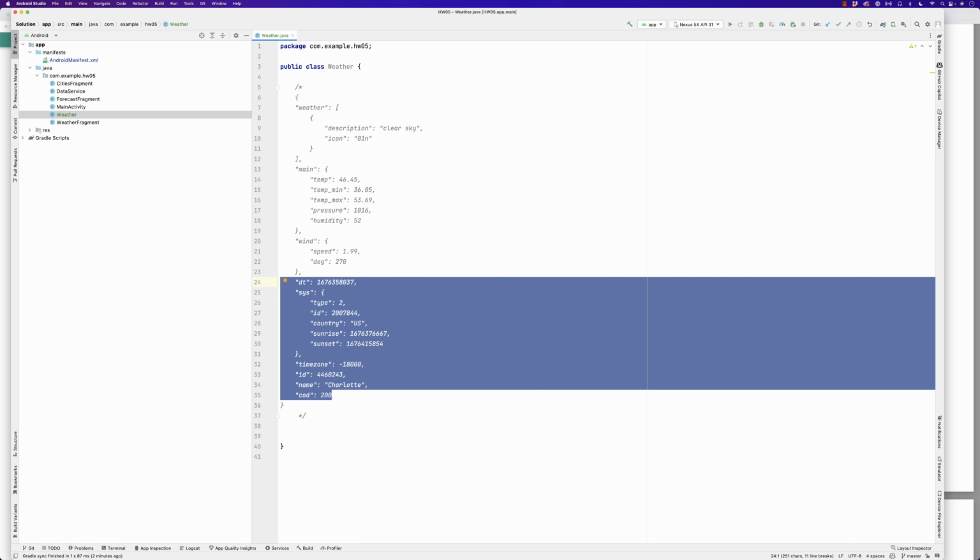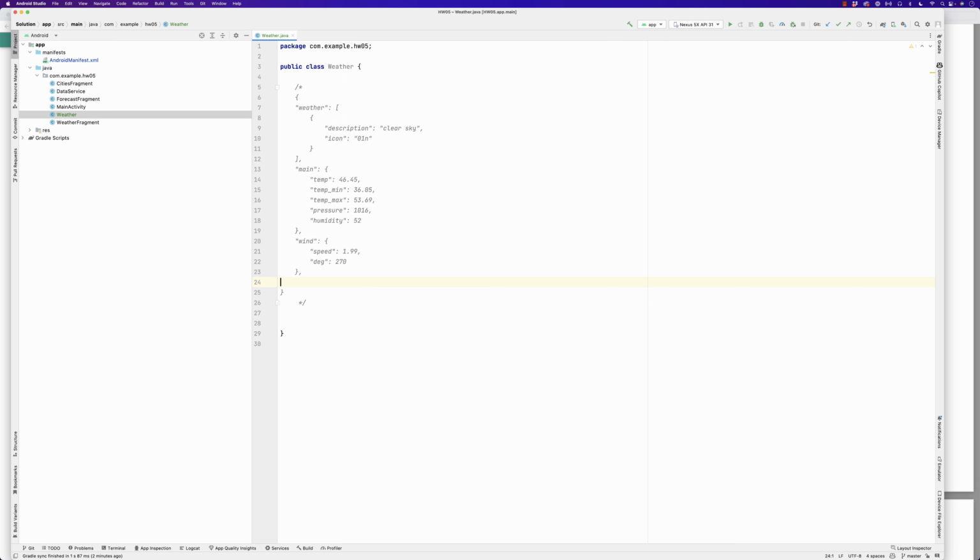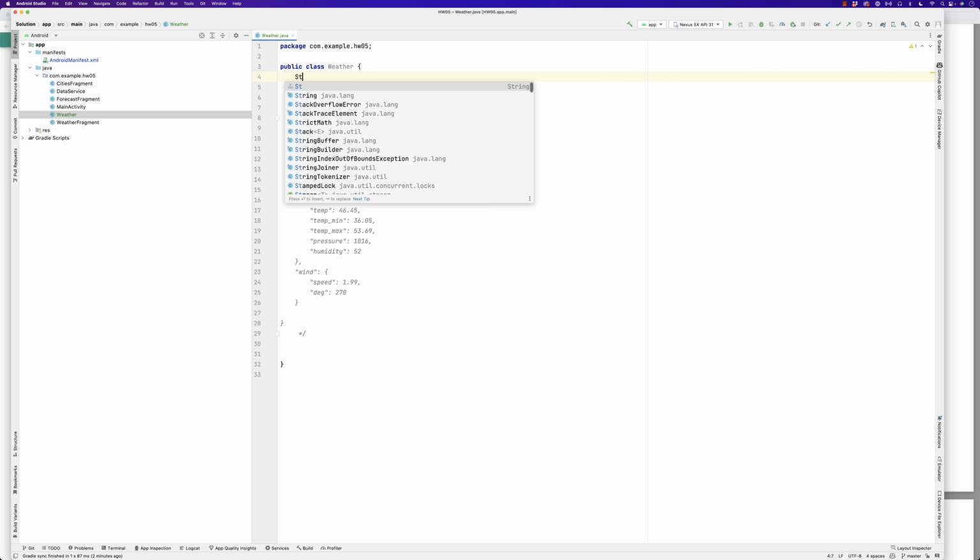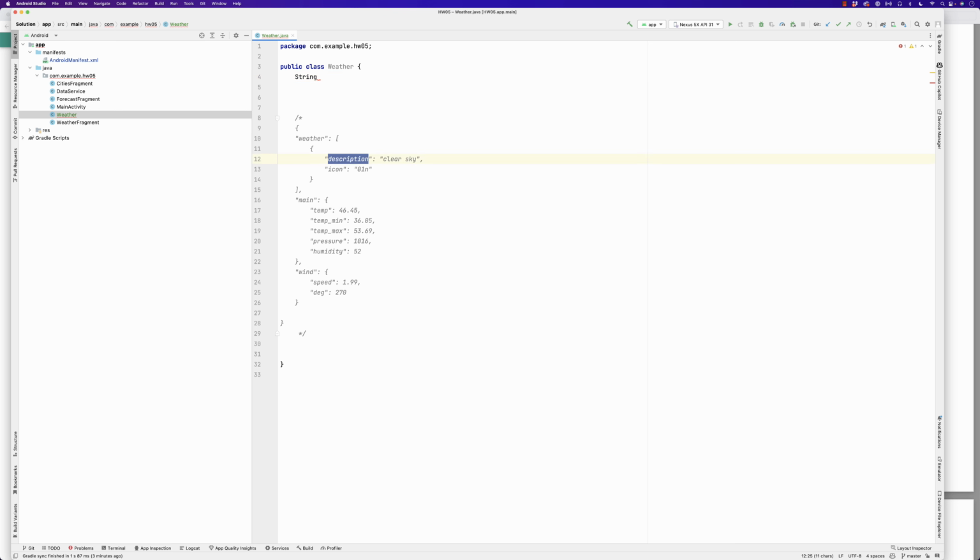Okay, good. So all of the stuff that I don't need, I removed it. But I just try to maintain the JSON object so that I could see what I need here, right? Okay, cool. So now I know that I will have a string for the description, the string for the icon, for the temperature. So that's for the icon. Good. String for the temperature, string for the temperature minimum, maximum,